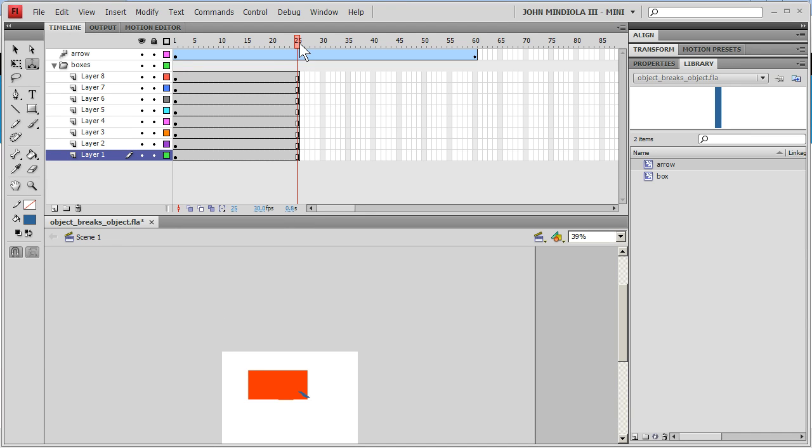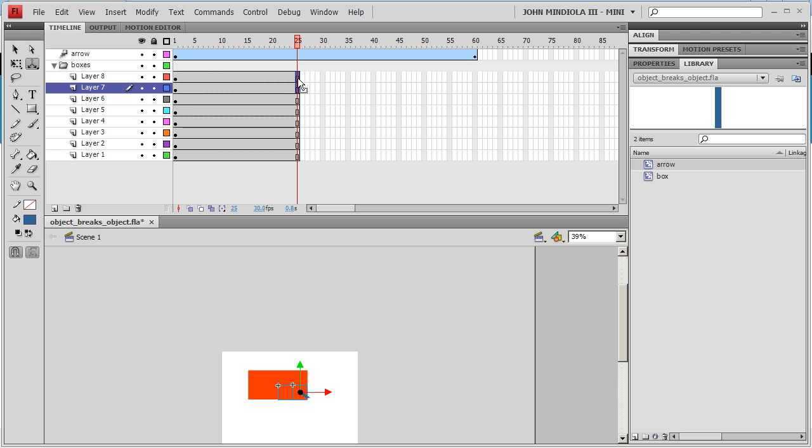And we're picking up where we left off. So again, before the arrow is on this motion tween, which is why these frames are blue. And we're using the 3D tools so that it can zip back in a believable 3D space. And these frames right now for the box, so far I've only gotten this far. And the reason is because at this point is where we want the arrow to make contact with the boxes and they'll blow up. So what I'm going to do is